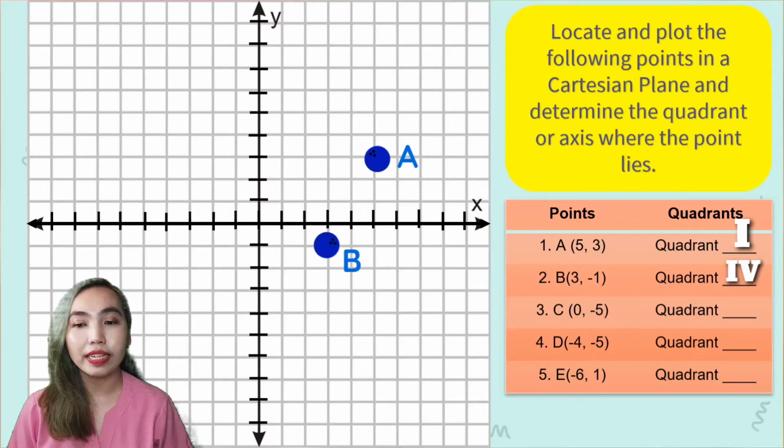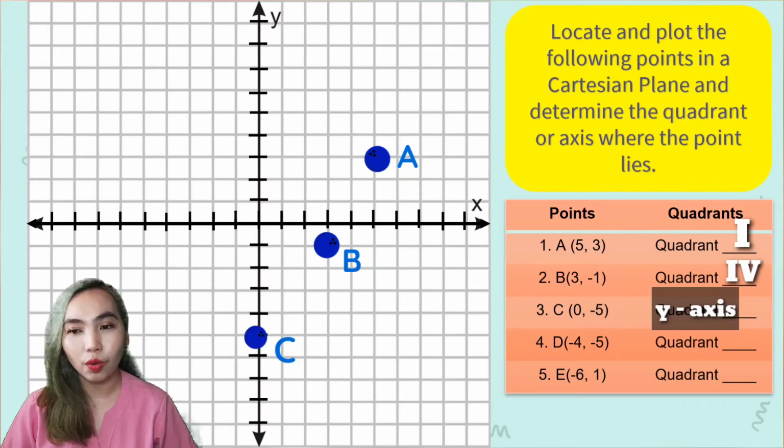Next is point C, (0, -5). 0 si x, negative 5 naman yung y. It is not in a quadrant, so it means it is in y-axis. Point D is (-4, -5),